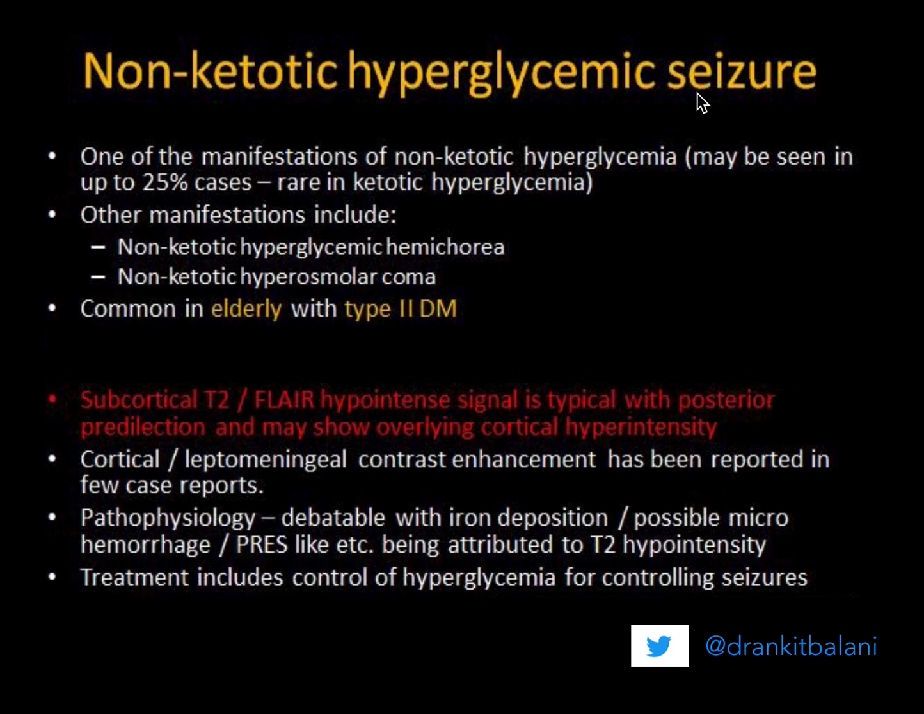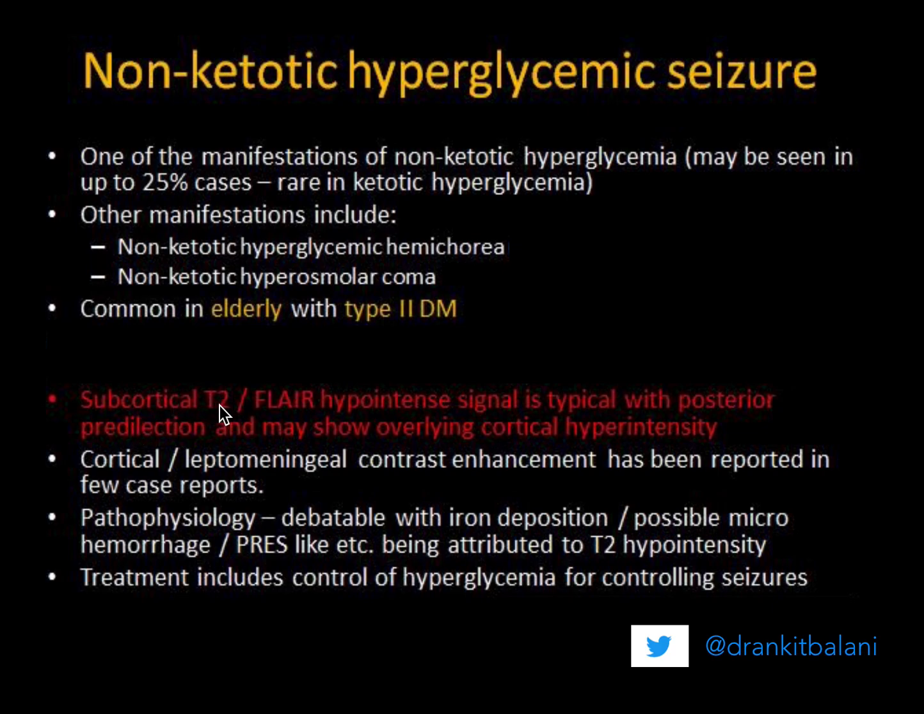Previously we have seen one case of non-ketotic hyperglycemia presenting with unilateral basal ganglia and caudate nucleus hyperdensity on CT as well as altered signal intensities on MRI. So this is another manifestation. Another manifestation can be non-ketotic hyperosmolar coma, and the characteristic feature in this non-ketotic hyperglycemic seizure is the subcortical T2